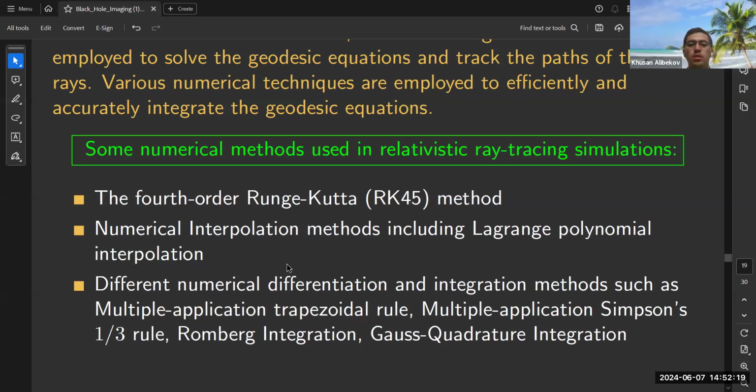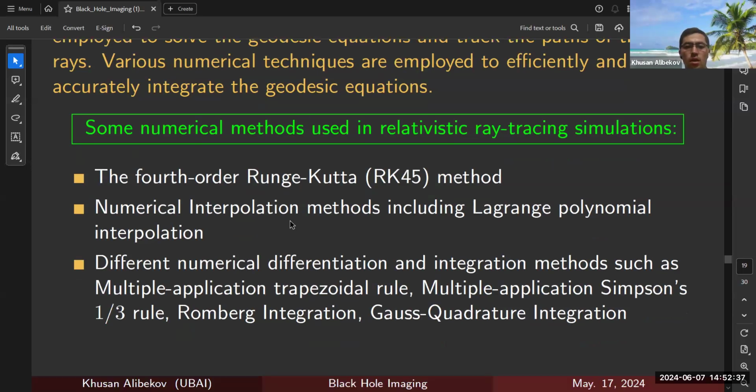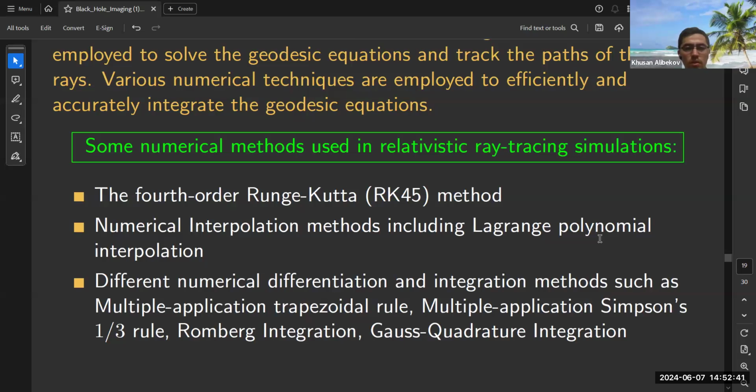In our case, we are challenging the speed of the code. So we have used an interpolation method to make the code faster, and to do this we have used Lagrange polynomial interpolation. We have also used numerical differentiation and integration to calculate the flux of photons coming from the black hole, and the equations of the flux and gravitational redshift are given in the paper